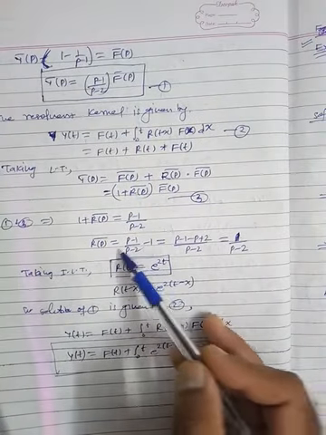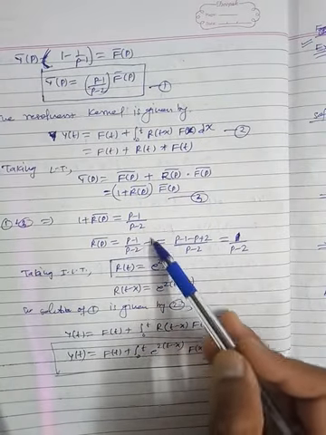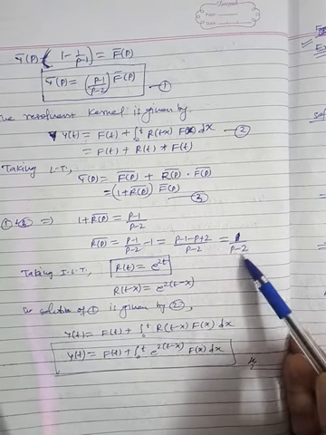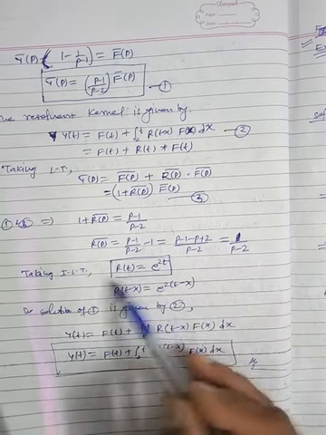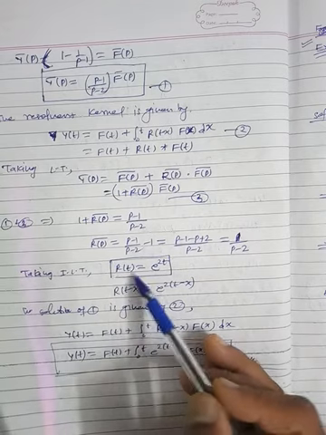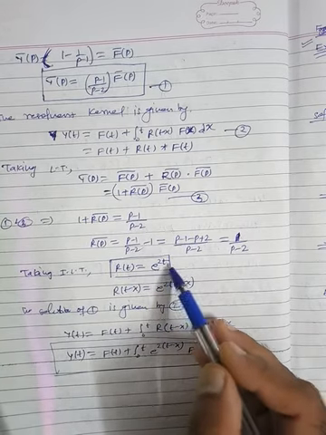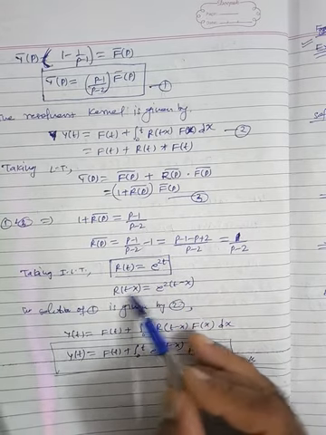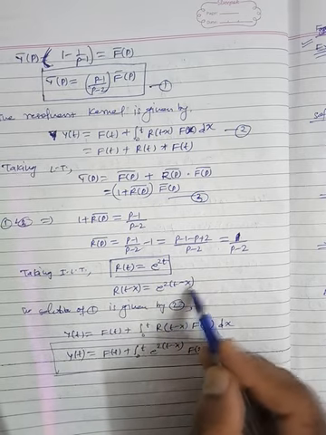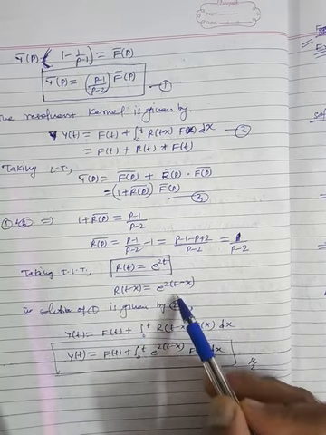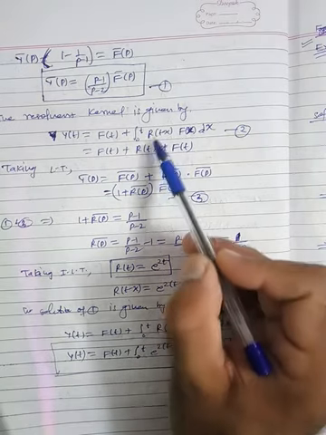So R(p) bar is (p minus 1) upon (p minus 2) minus 1. After simplification we get 1 upon p minus 2. Now taking the inverse Laplace transform, R(t) is e raised to the power 2t, and hence R(t minus x), if you replace t by t minus x here, is e raised to the power 2(t minus x). Now replace this quantity here.